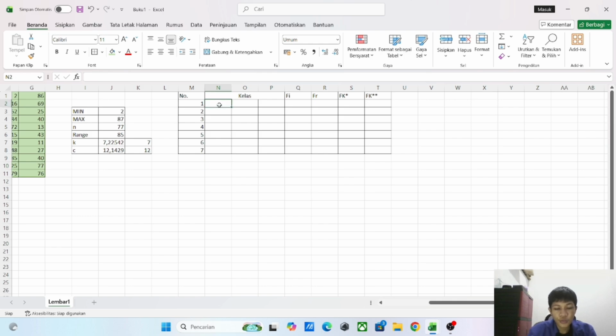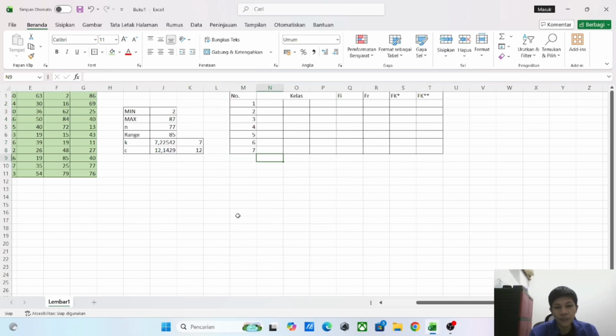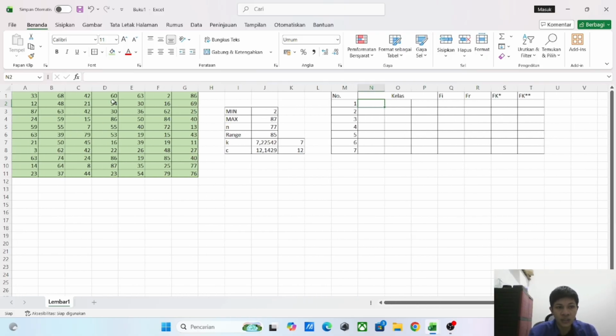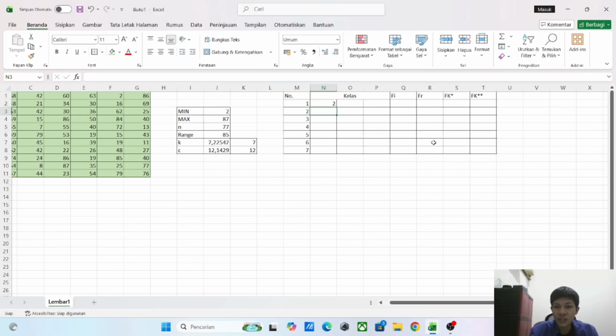Now we're going to get the lower limit of the first class, and of course we start from the min, because it's the minimum number in here, and then enter. And now for the upper limit of the first class, we're going to use this formula,